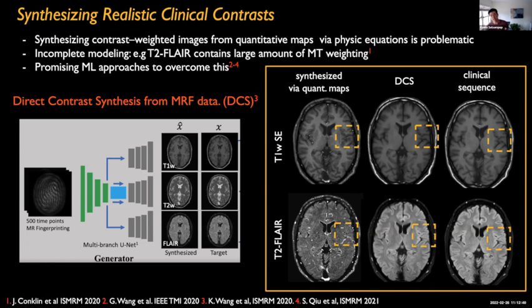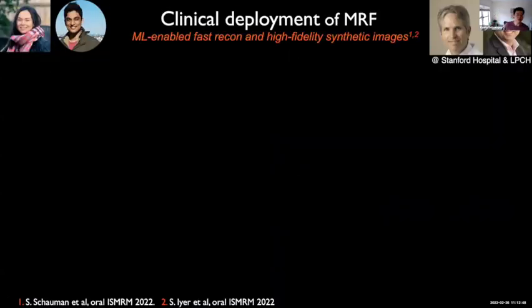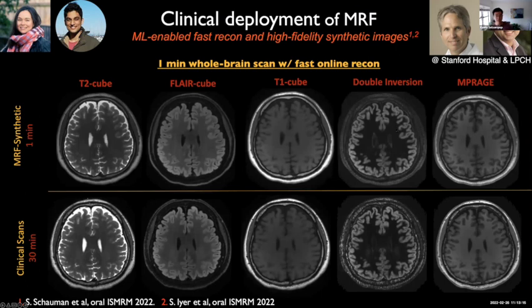So inspired by some of these faster reconstruction and clinical contrast synthesis with machine learning, we've developed our own tool using machine learning to enable faster reconstruction of even higher acceleration acquisition, as well as to produce high fidelity synthetic images for MRF so that we can clinically deploy this. This is joint work with Greg Zaharchuk and Shiraz at Stanford and Stanford Hospital and Stanford Children's Hospital, where we're now able to get 1 millimeter isotropic whole brain MRF in just 1 minute on a clinical scanner with